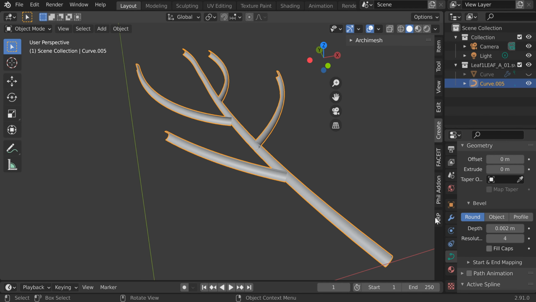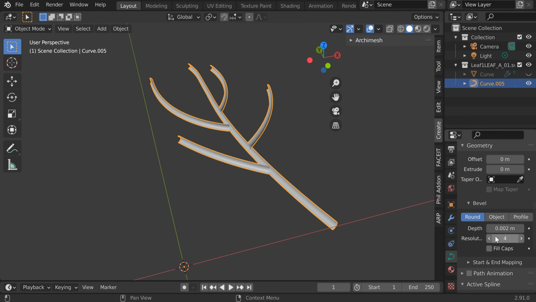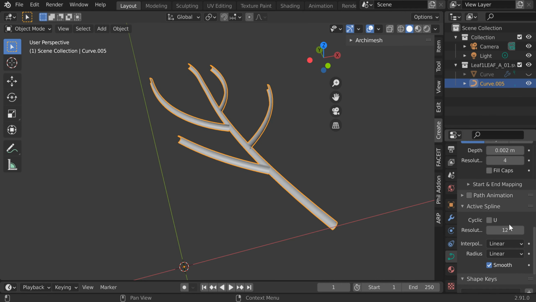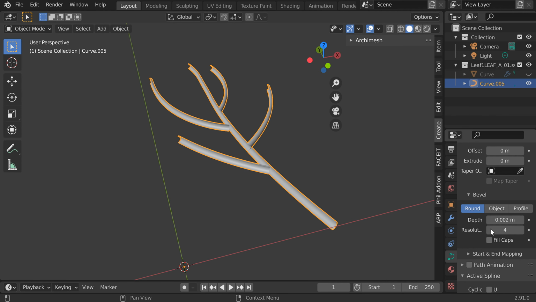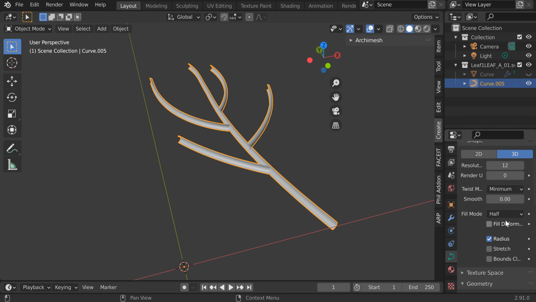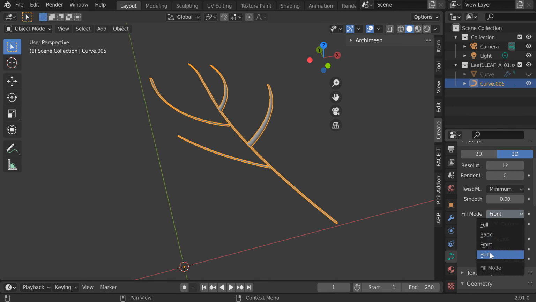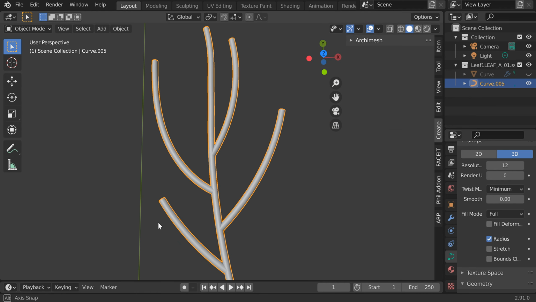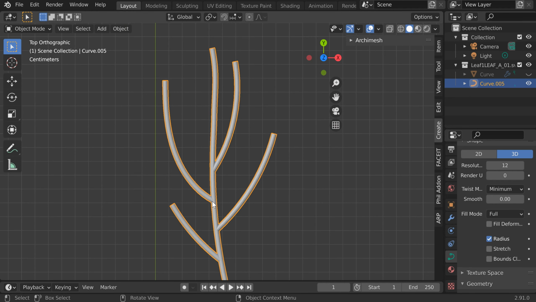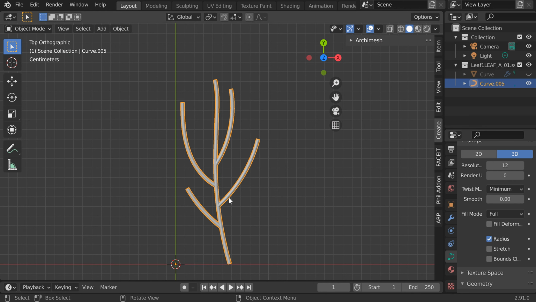Here there is something I need to fix. Where is it? Okay, it's here. I need to make a full, so you have back, front, and half. But for this thing, I need full. Now, because this is just a tube and it's too mechanical for now,